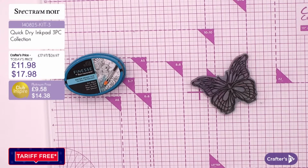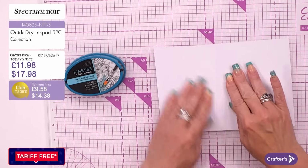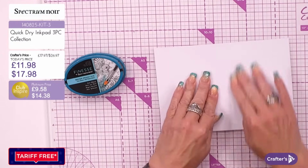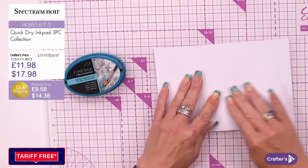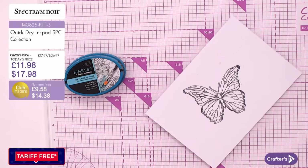Let me just grab a spare piece of cardstock, Ben. Just bear with. That'll do. Okay. Now, obviously, I wouldn't stamp like this, so you're going to forgive me, but I think this is just to give you a quick demonstration, and then